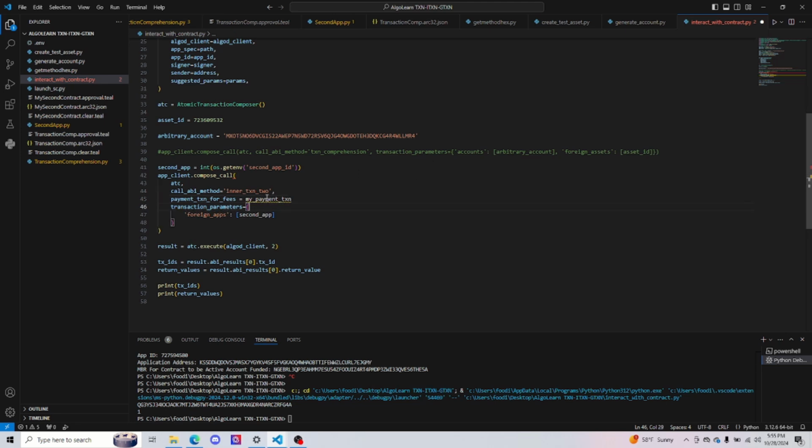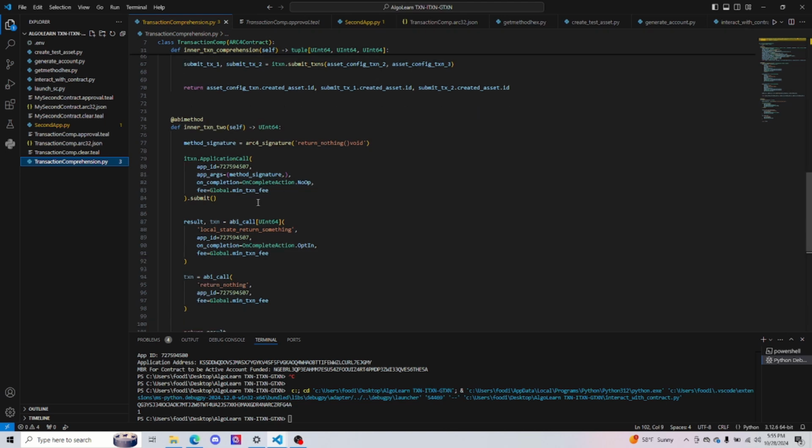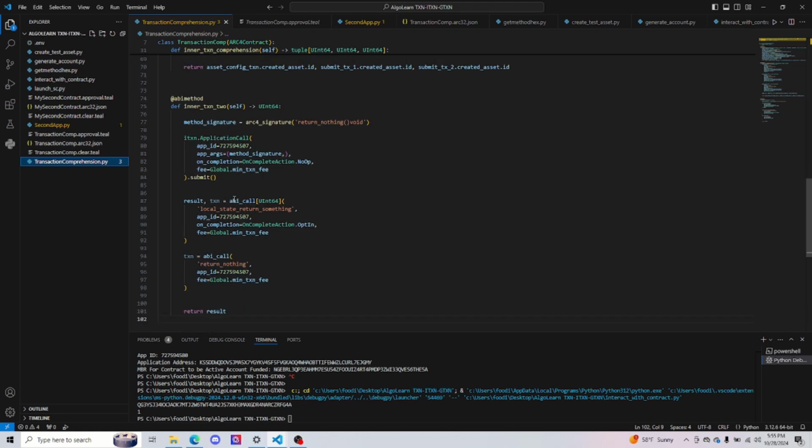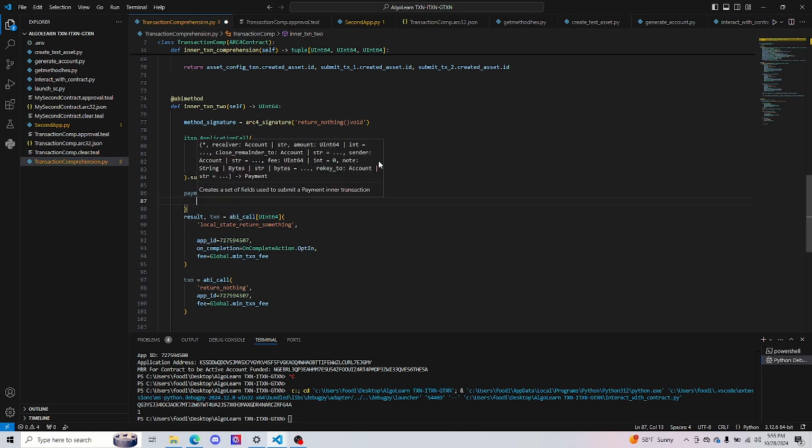So you could do the same thing in your contract. So if this contract accepted arguments, we can place them here. So let's say I wanted to create payment transaction to second contract is equal to iTransaction, payment, and then sender we don't need to define